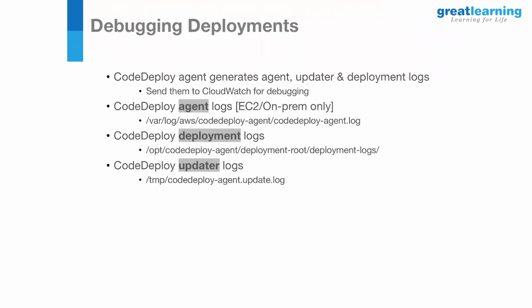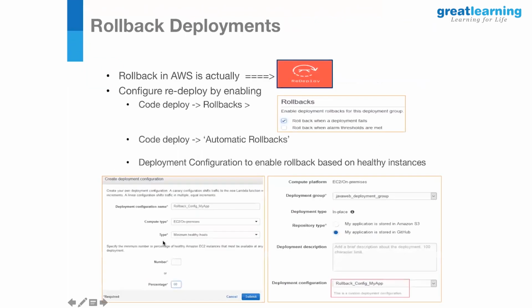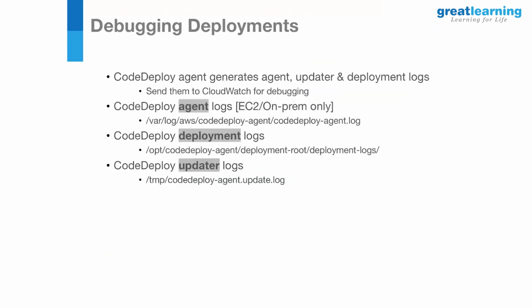And it can be cumbersome to sign into the EC2 instance to view these logs, particularly when there are a large number of instances, right? If you have a production environment running, which will have hundreds of servers, you'll not be able to log into all instances in the first place. And it is not a best practice to give SSH or RDP access for people to log into those systems. That is another thing. So for all these things, it's good to install and configure CloudWatch Agent.